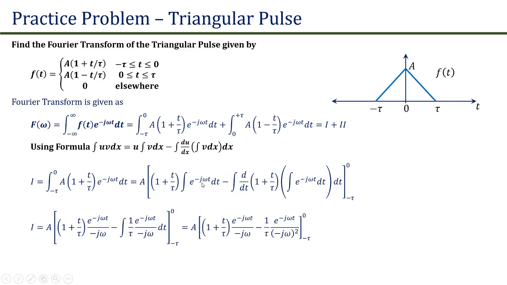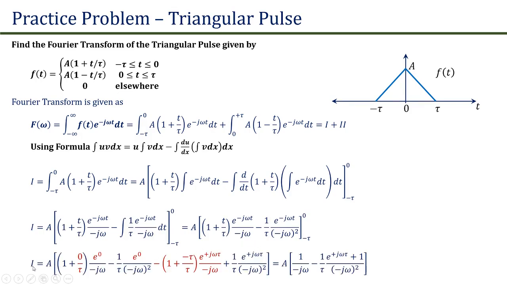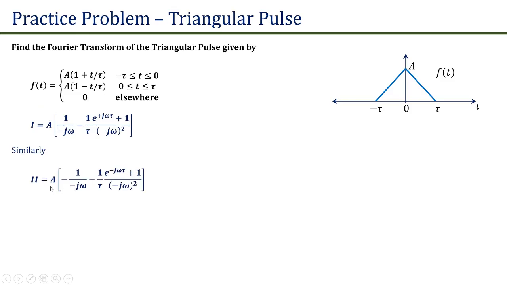If we calculate the integrals of e raised to power minus j omega t on both sides and put in the limits, we finally get the first term equal to A into 1 upon minus j omega minus 1 upon tau into e raised to power plus j omega tau plus 1 upon (minus j omega) square. Similarly, we can determine the second term, which comes out to be A into minus 1 upon minus j omega minus 1 upon tau into e raised to power minus j omega tau plus 1 upon (minus j omega)